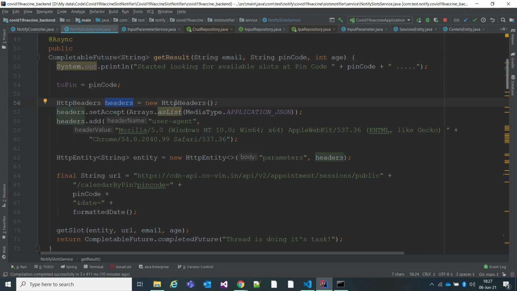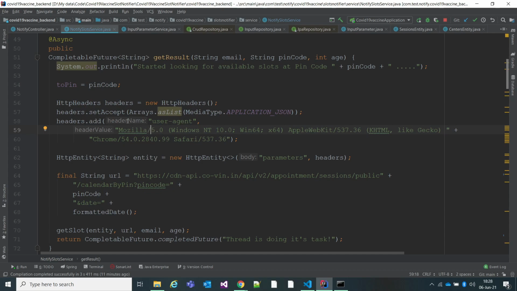I need to create an HTTP header object and set what methods you are accepting. So you need to provide the media type as application JSON, and header dot add. You need to add the user agent, which I have created as of now. If you can copy this and it works for you, fine; otherwise you need to check the headers, the user agent I mean.